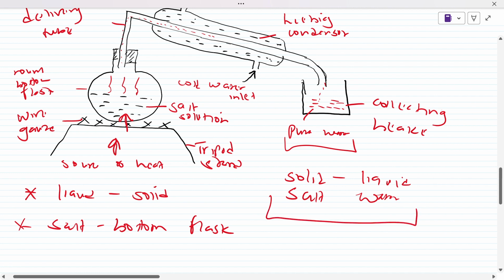So that's what I wanted to say as far as simple distillation is concerned, as a technique that we can also use to separate soluble solid liquid mixtures. Thank you very much and have a wonderful